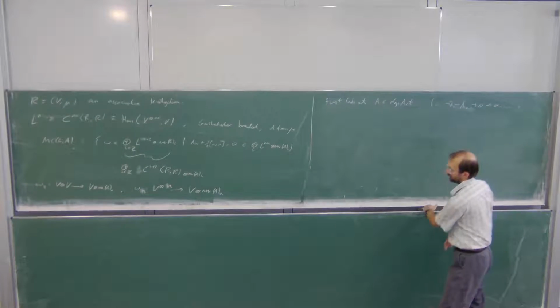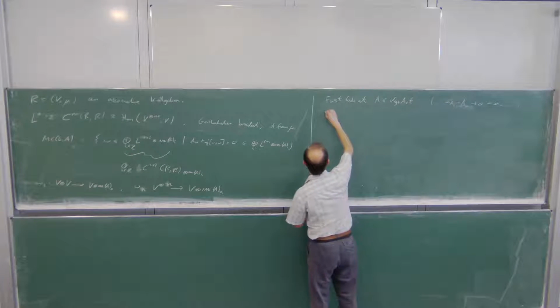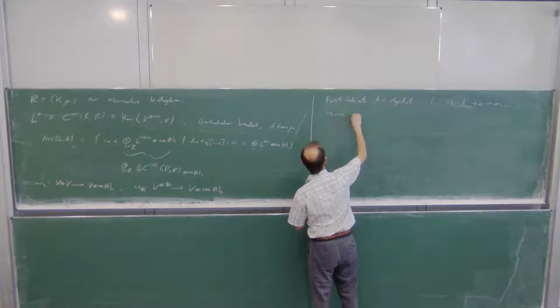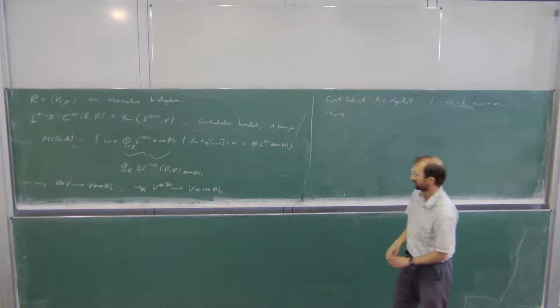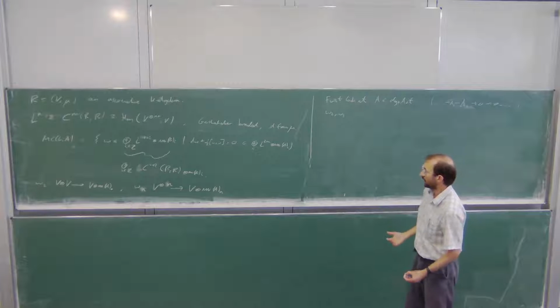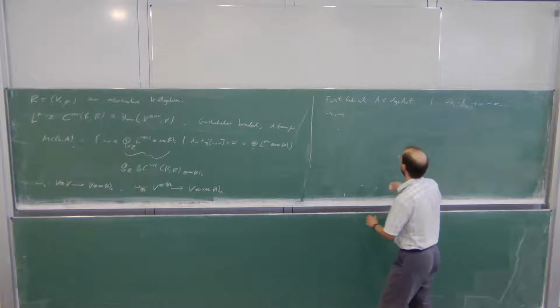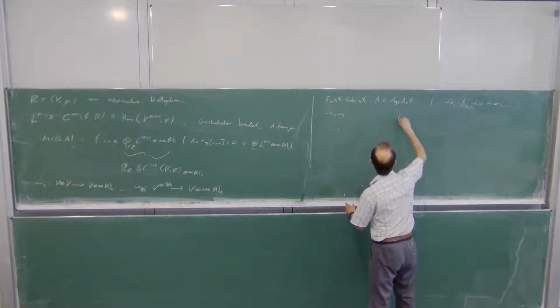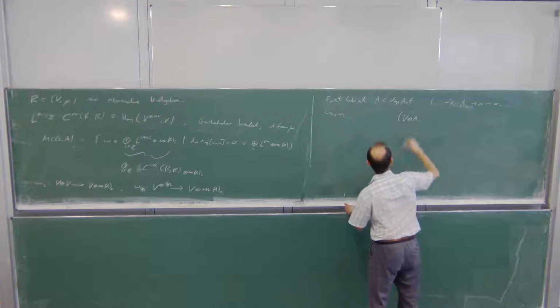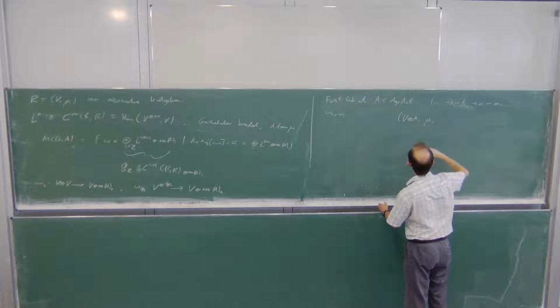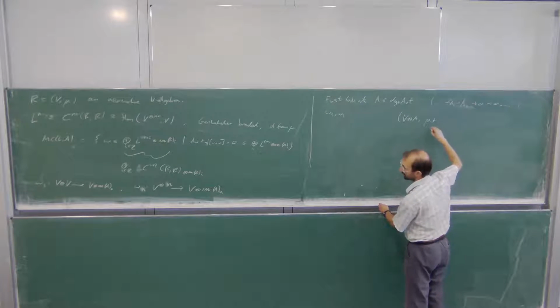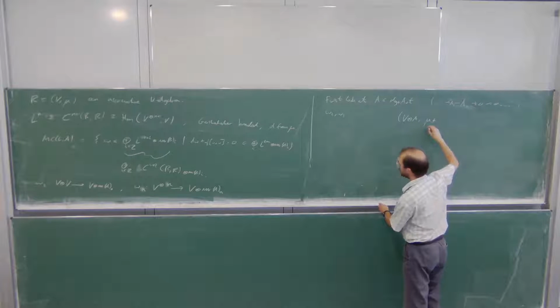So in that case we get omega 2, omega 3, and so on. So if we look at V tensor A, and we have multiplication mu plus omega 2,